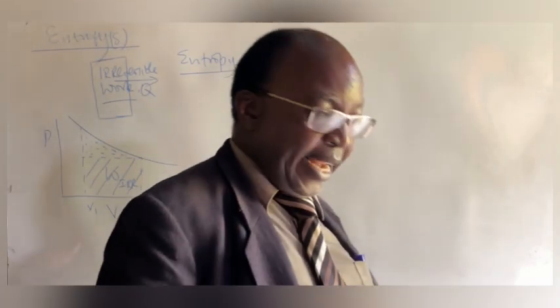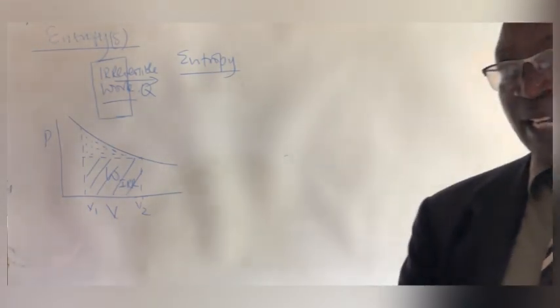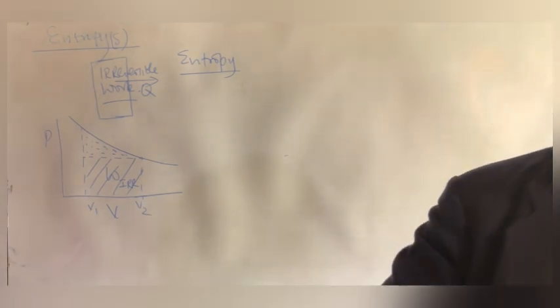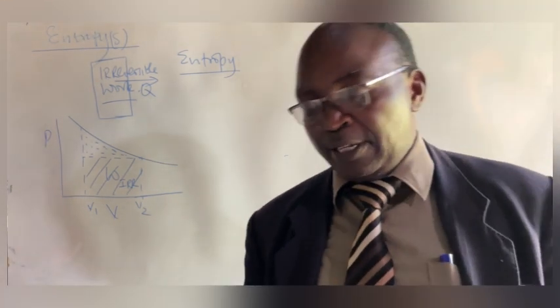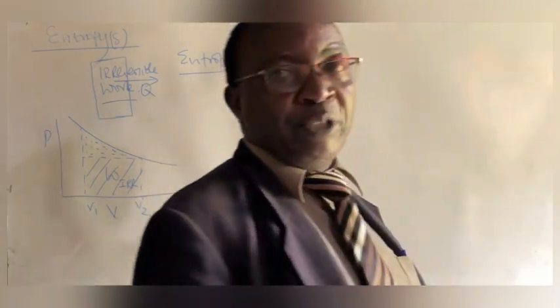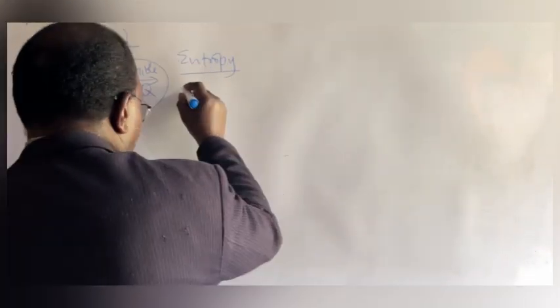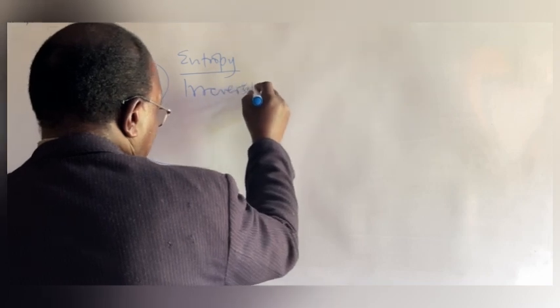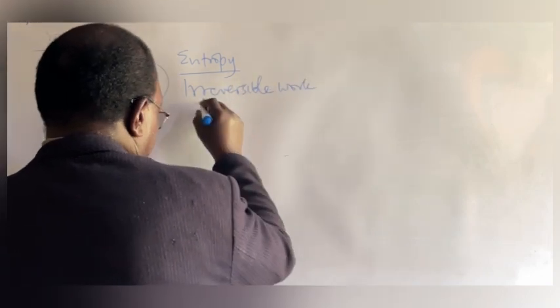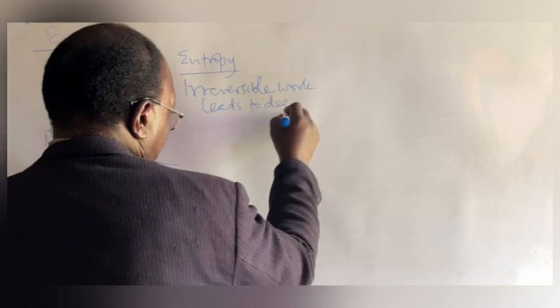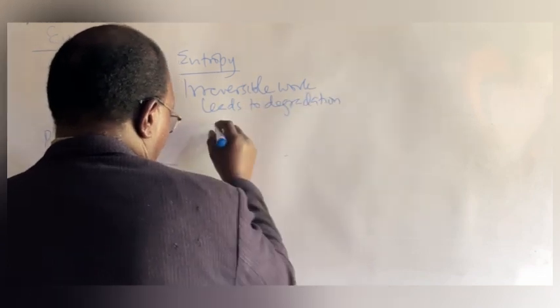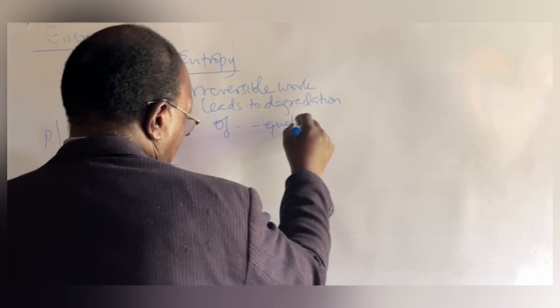Entropy, in layman's terms, is a measure of the extent of chaos in a system. So most systems tend to be more chaotic. And so in technical terms, we talk of dispersal of energy. So that's why we have said irreversible work leads to degradation in the quality of work, of energy. Irreversible work leads to degradation of quality of energy